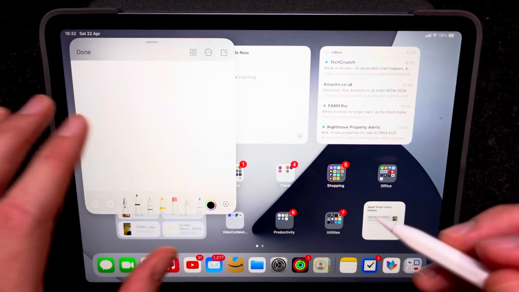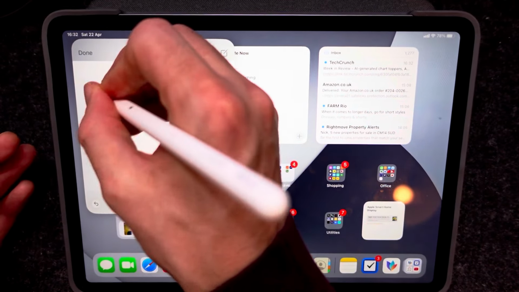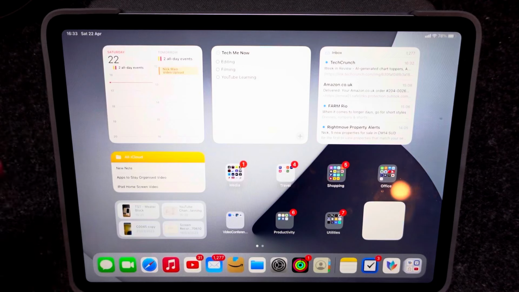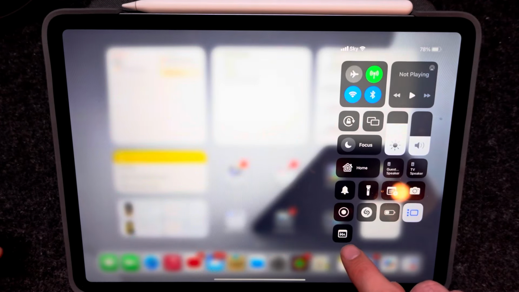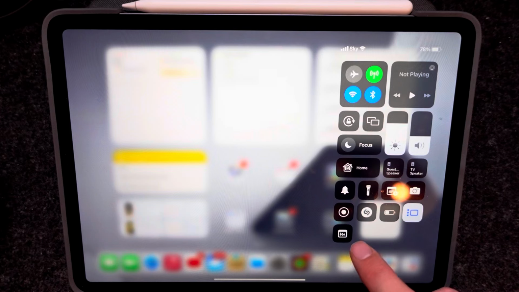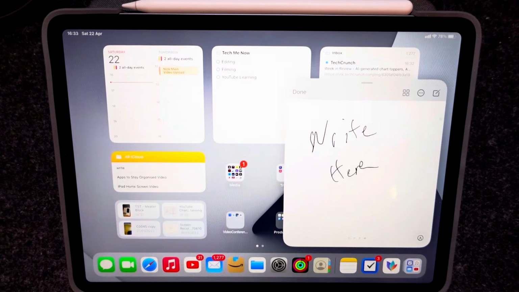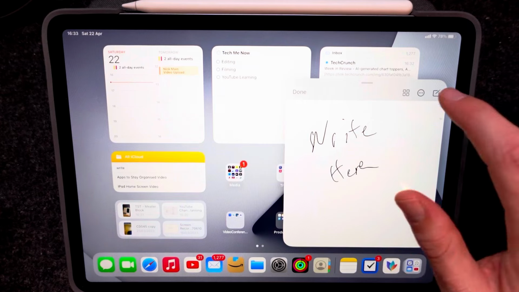If you've got a keyboard attached, you can type it, or you can write with the Apple Pencil very messily, and then just save that quick note. If you don't have an Apple Pencil, you can actually set up a new quick note from within the control center. It's this little icon here. It's not there by default, but you can add it into the control center, and then it's going to do you the same thing. It will always bring up your most recent quick note, but you just tap new to